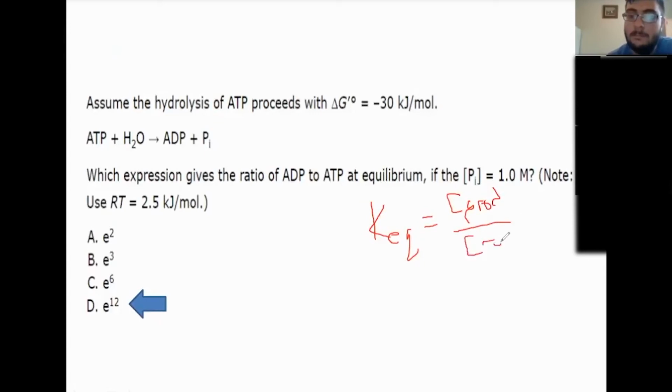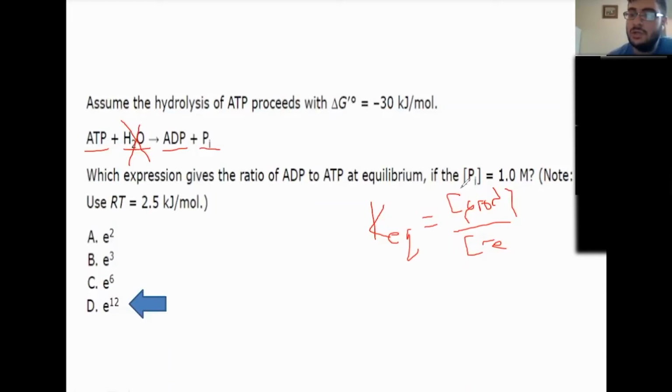And the reason is there are 2 products. They gave you 2 products and 2 reactants. ADP is product 1, Pi is product 2, H2O is reactant 1, ATP is reactant 2. H2O you always get rid of. Water you just get rid of in any Keq equation, because it doesn't matter. So you're only left with 1 reactant, 2 products.